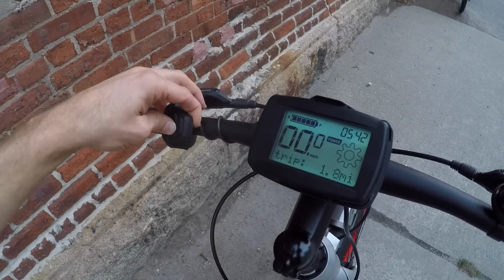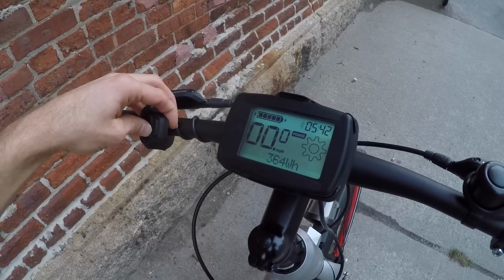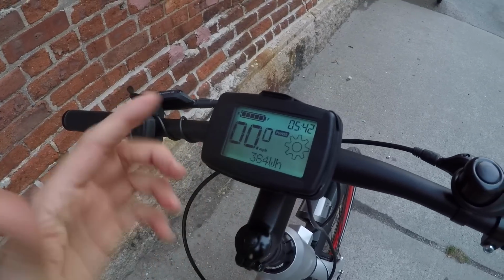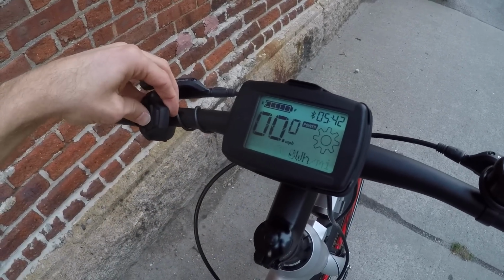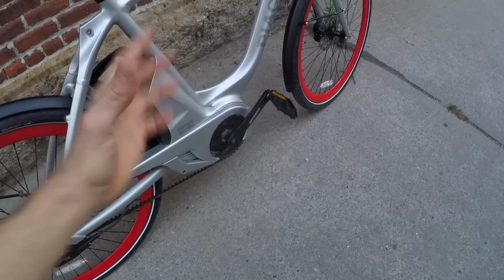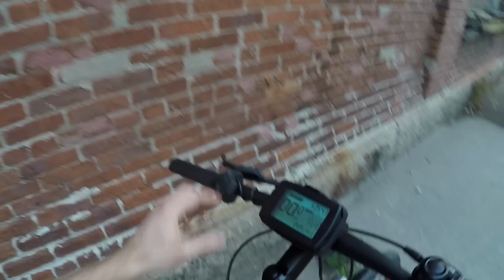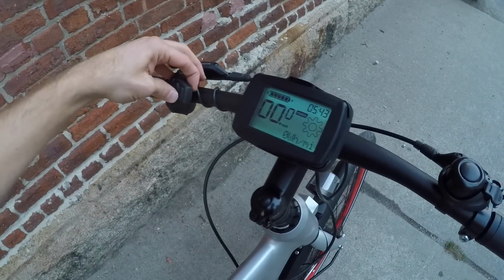Odometer, trip meter, cadence, max speed, average speed, and then watts, so you can actually see how many watts are being used, and then watts per mile. So again, this motor is rated 350 watts to 500 watts peak, 60 newton meters of peak torque. I know that's a lot of stats, but if you think about the Bosch Performance drive, the one that's been around for a while longer in the States, it's like 63 newton meters, and that's been used on mountain bikes and stuff. So this is definitely capable. I haven't had any trouble climbing hills. And we hit mode again,